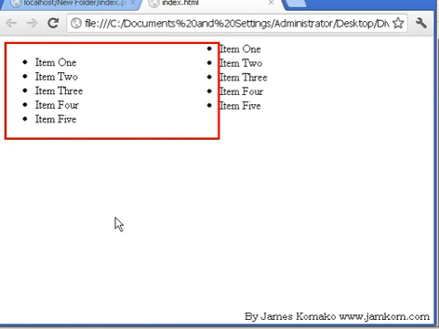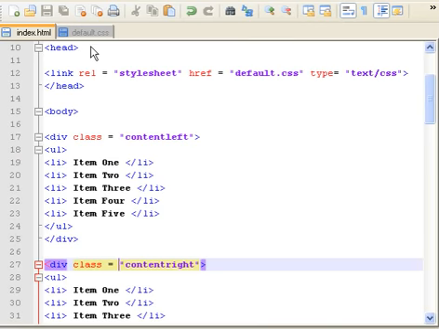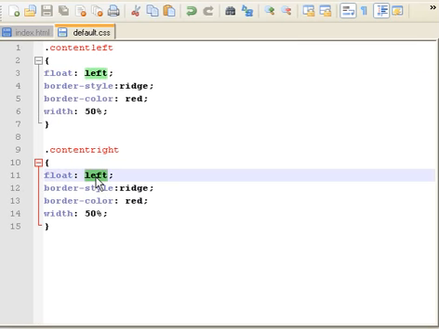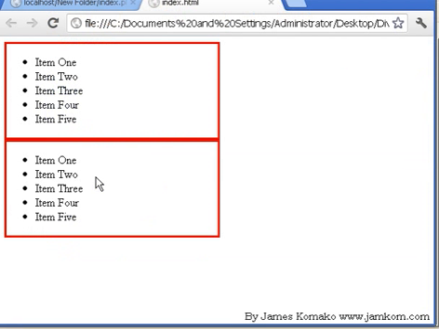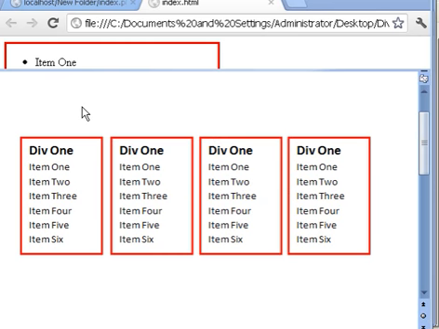Then I refresh. Okay. I need to align this to the right. This is the change I need to make right here. Make this right and then come back and refresh. Now these divs are occupying each of them 50%. We need to reduce the percentage, maybe by, because we need to have